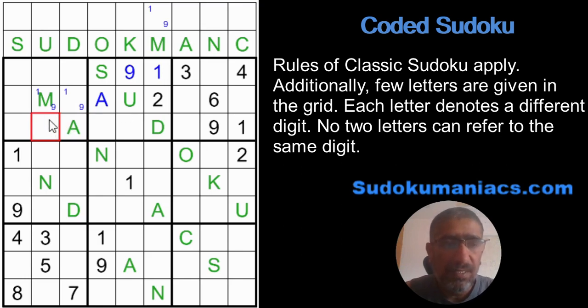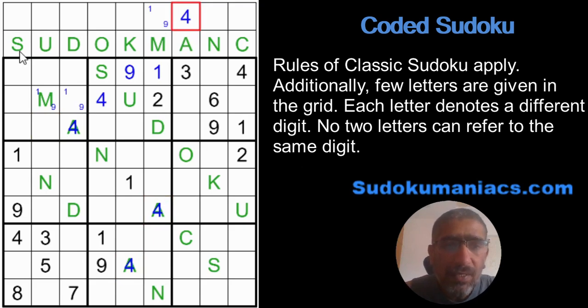So I will simply mark the places, which means in box 2, 4 has to be either an A or a U, right? Because it cannot be an S, it cannot be a 2 obviously, but U again shares the column 9 with the number 4. So obviously I know U can never be a 4, which means this A has to be a 4, right? So let's remove. Now that I know A is 4, wherever A is present, I can place a 4. And here I know 4 is taken care of.